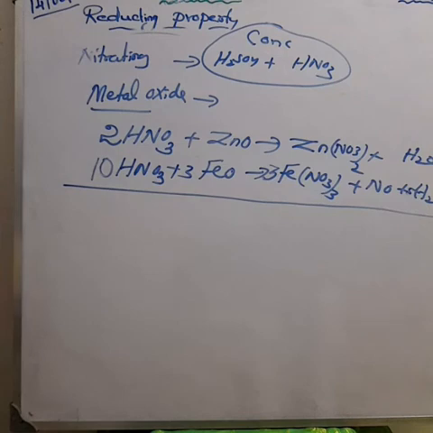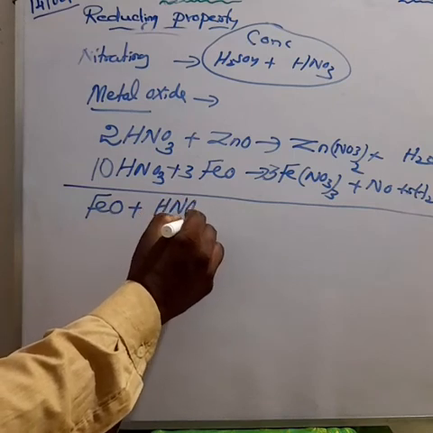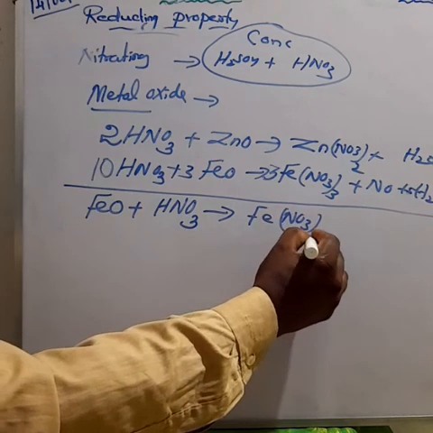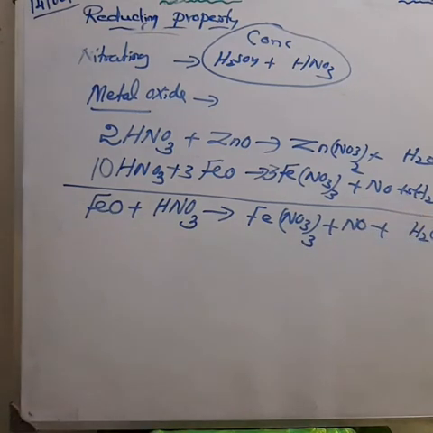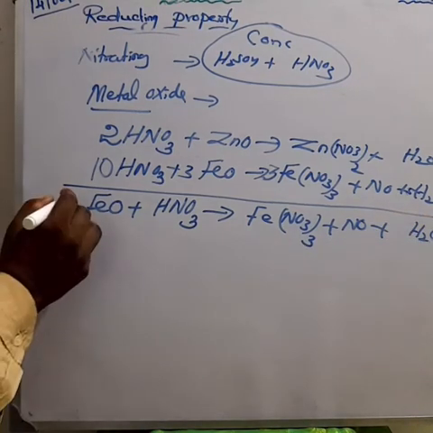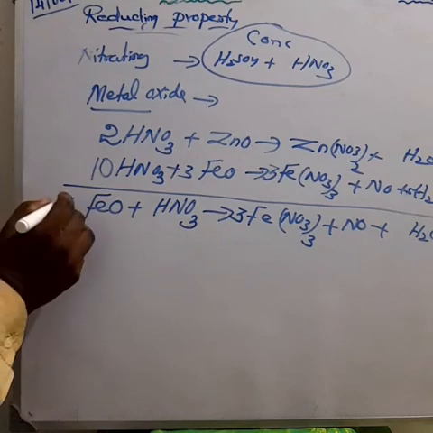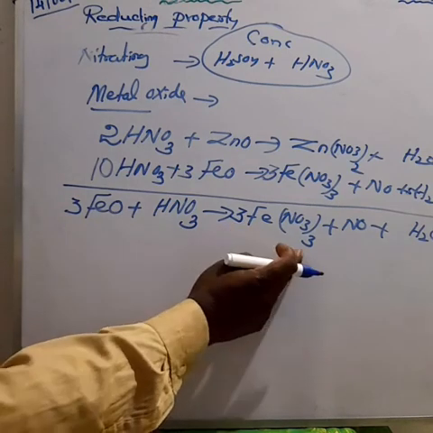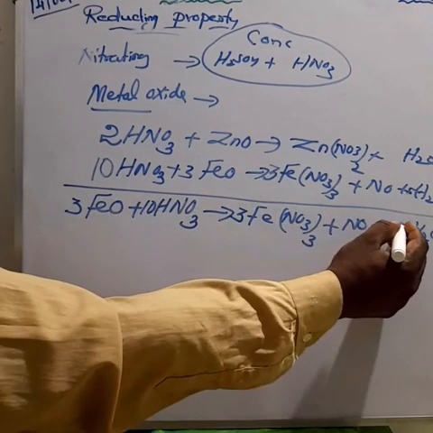Once again, please look at the equation. FeO plus HNO3 gives Fe(NO3)3 plus NO plus H2O. So first I am converting the product side, make it 3 Fe(NO3)3. The reactant side also you have to change, 3 Fe. So 3 Fe balanced. How to count the nitrogen? Product side 3 into 3 is equal to 9, 9 plus 1 is equal to 10. So make it 10. The product side also make it 5 molecules of water.